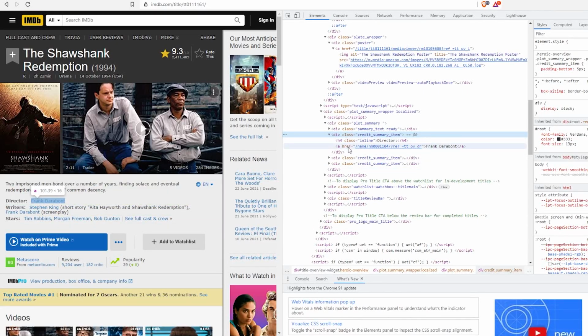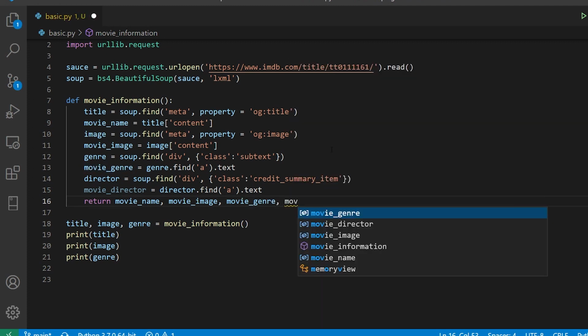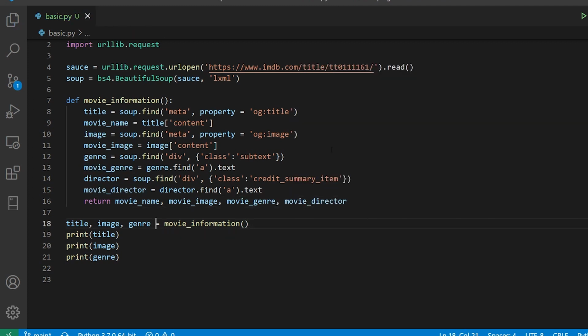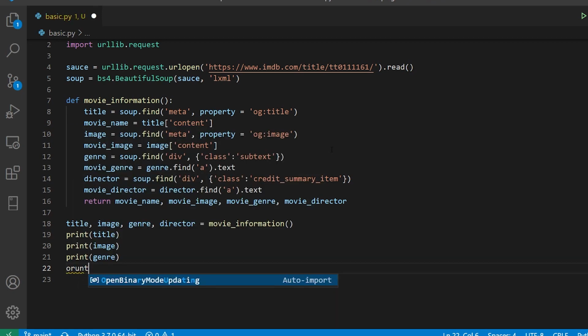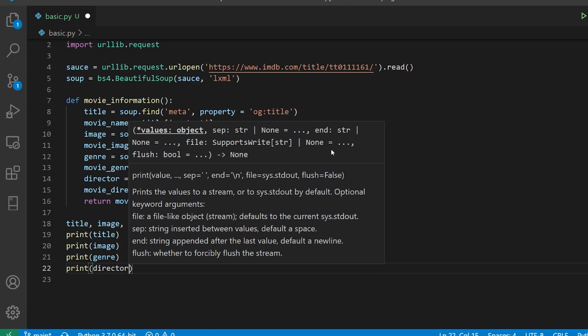So this anchor tag holds the name of the director. So I'll say A, and I'll follow by text, and now here I can say movie director, and now here I have to pass a positional argument which is going to be director, and later on I can print this thing in order to get the name of the director.